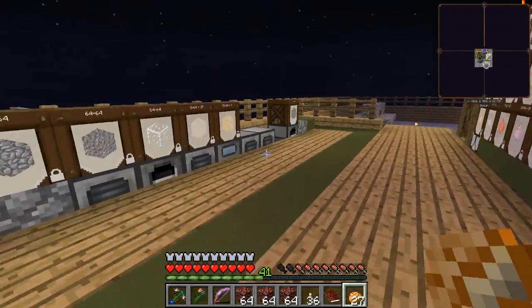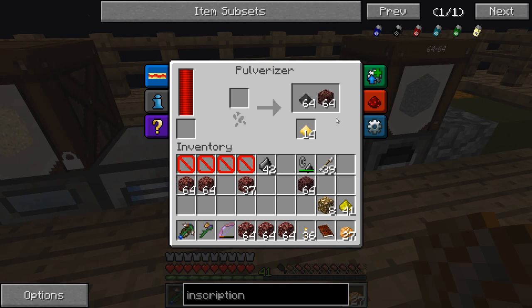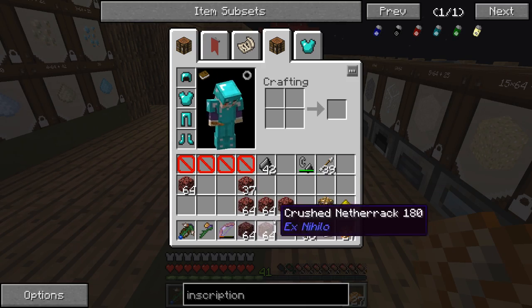and see if we get lucky on the first try. Here we got a few more sulphur there, that's good. The sulphur will come in handy fairly soon, I am sure. But I've just got to do that a couple more times now. And we can go and sieve this crushed netherrack